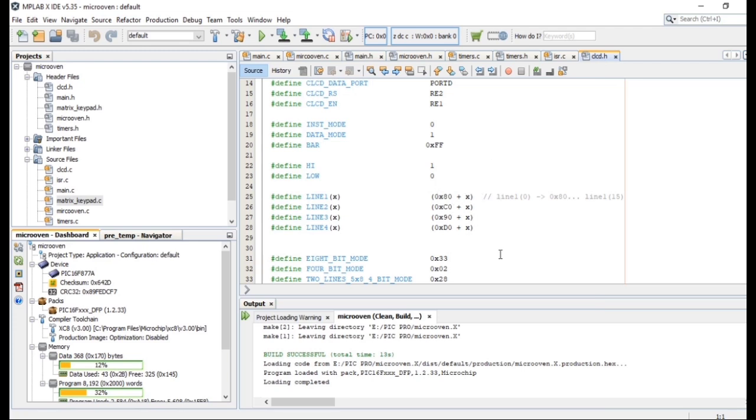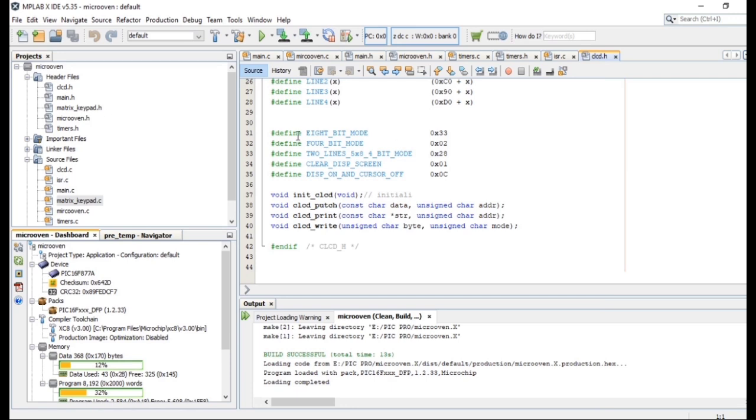Next we see the later part. This is the 8-bit mode. This code is enabled for 8-bit mode. This value is enabled for 4-bit mode. The same thing, 28 is 2 lines, and a clear display screen and a display on cursor off. This is the value of these